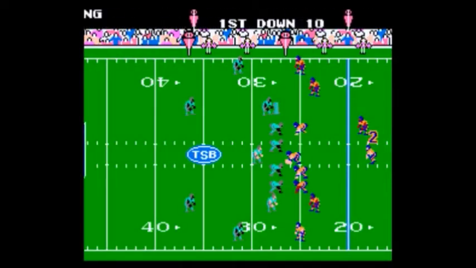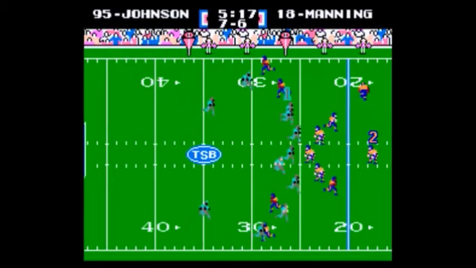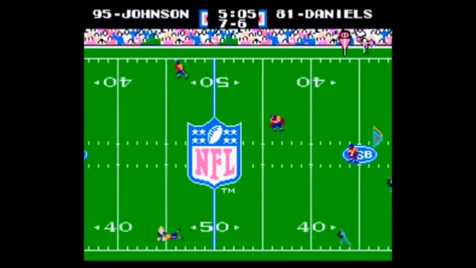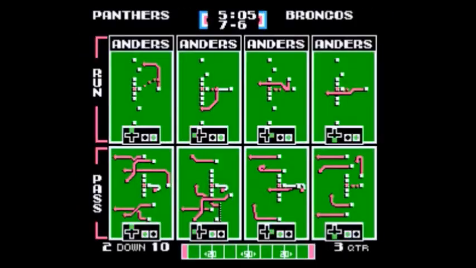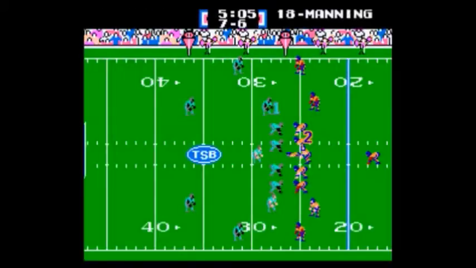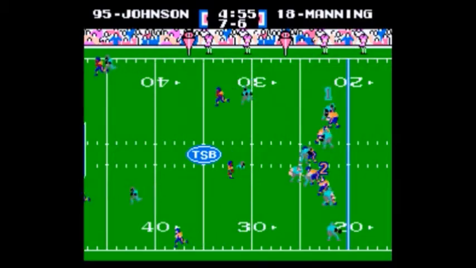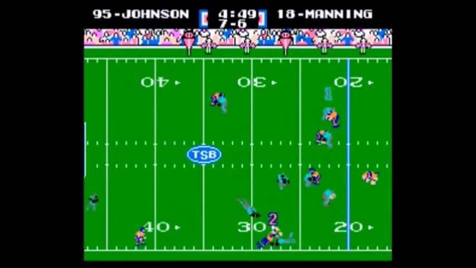Yep, Norwood had a nice return there, making 3 Carolina defenders miss, and Manning from the shotgun, which he's been pretty successful from today. Oh, but he overthrows Owen Daniels down there. Accuracy problems really plaguing Peyton Manning. He's a couple of throws away from really making a big score in this game. That one could have been a touchdown.